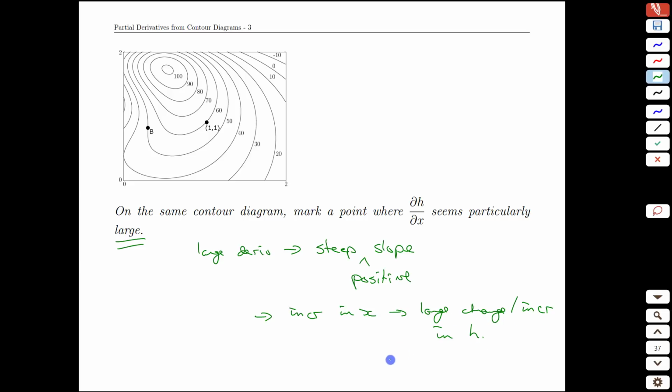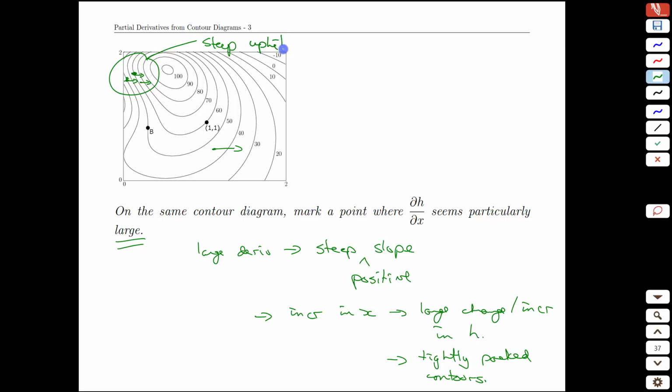Well, those kinds of changes occur where? On a contour diagram we know that that occurs when we have tightly packed contours. But not just any contours or packed in any way, tightly packed so that when we take a step from left to right, we cross more contours. And if we take a look around here, it certainly seems like a point here, if we take a step to the right, we're going to be passing contours fairly quickly, and pretty much any point in this region is going to have steep